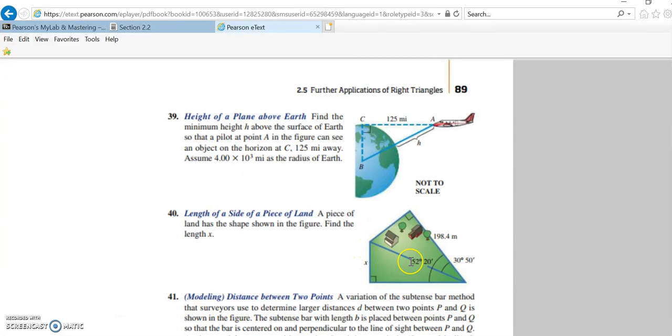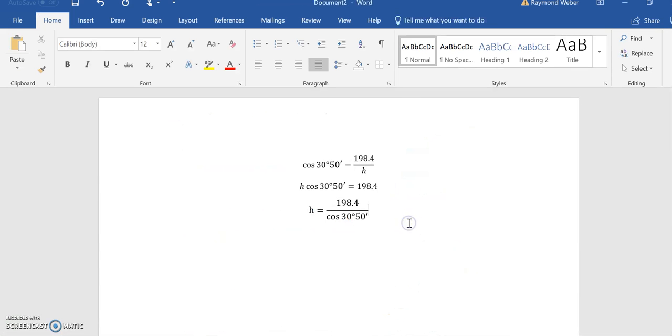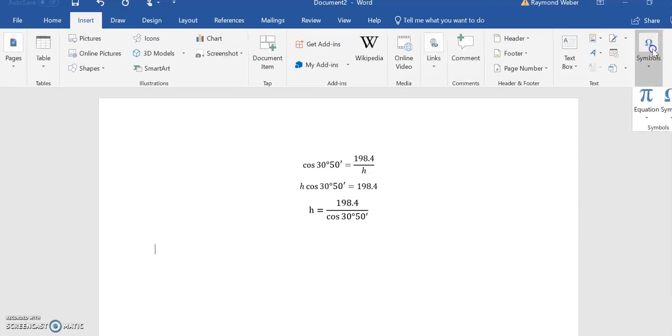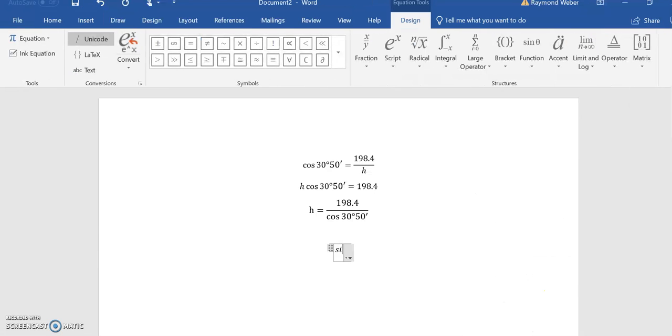So I know this side now. I know this is about 231.1. Now my goal is to use this to find x. Well, I figured out what this was. This was our 21.5. So now, again, I've got the hypotenuse. I want to figure out the opposite, so this means sine now. So I'm going to set up a second equation: the sine of 21 degrees 30 minutes, and I could of course use 21.5 degrees, I could keep it in decimal degrees, equals